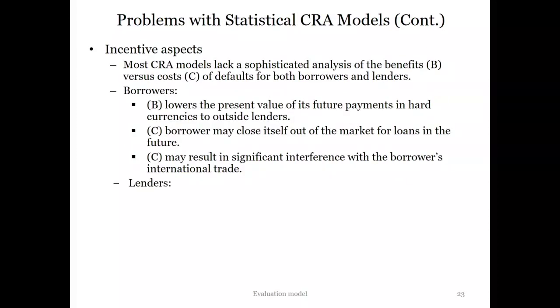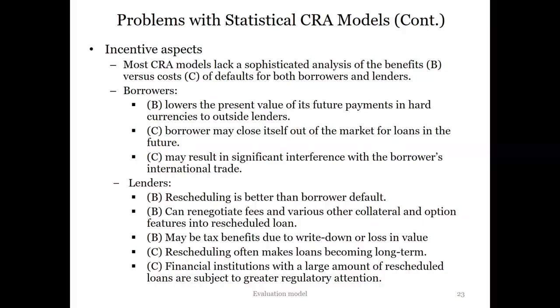And this slide is talking about how when the bank thinks about rescheduling of sovereign debt, they need to think about it qualitatively. So they need to think about what are the benefits and the costs from the borrower's perspective as well as from the lender's perspective. If you think about the borrower, what are the benefits and the costs for them to declare sovereign debt default, right? The benefits would be they're going to have a better life today because they don't need to worry about the loans, right? But the costs can be really high.